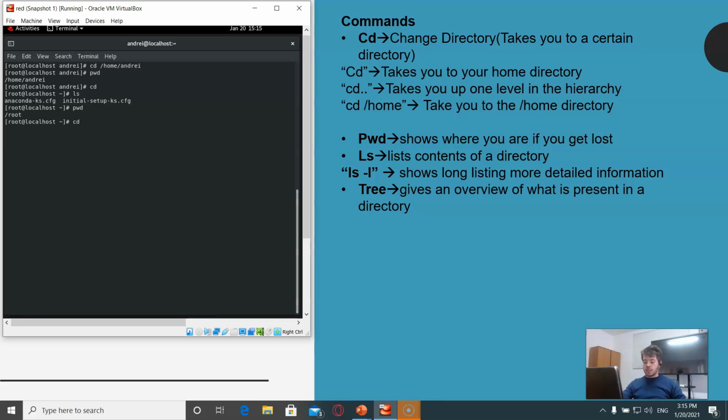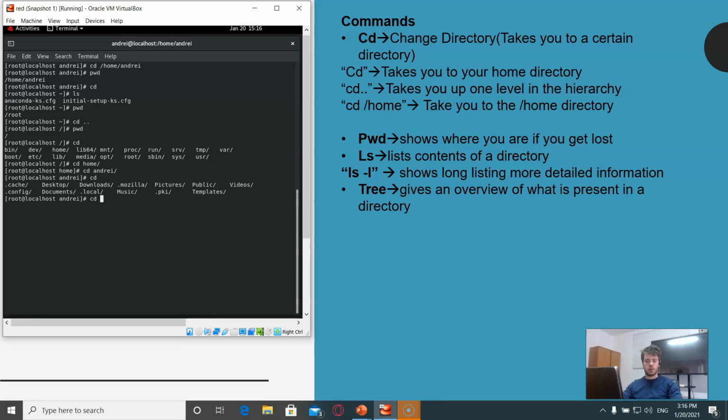If I do use cd space .. it will take me one level up in the Linux file system hierarchy. I am no longer in /root. I am in just the root file system at this point. If I want, I can also use relative paths. So changing directories based on my actual position within the file system. cd, tab to see what is available to me, and I can go in home. Then I can go in Andrei. Then I can go in videos,